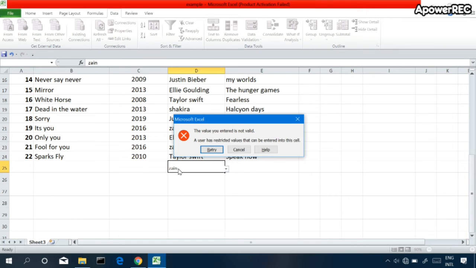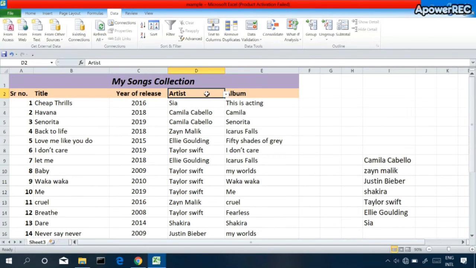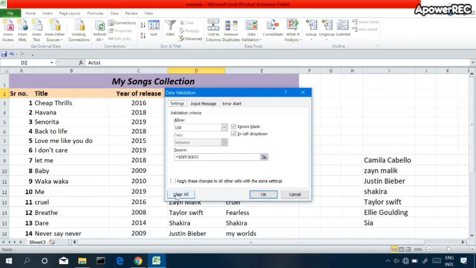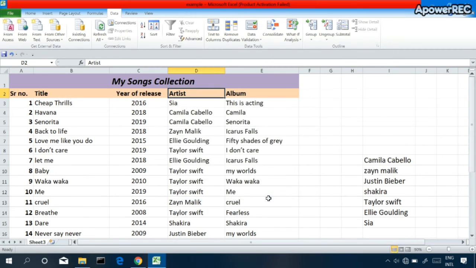That's why I really like data validation in Microsoft Excel. You see, this artist cell also has this drop-down applied, as we selected the whole column. To remove this, just select that cell, go to Data Validation and click on Clear All. Okay, so the data validation for this cell is removed.